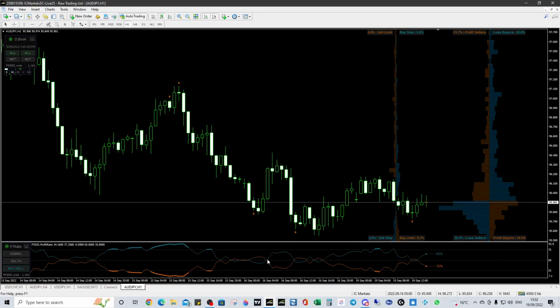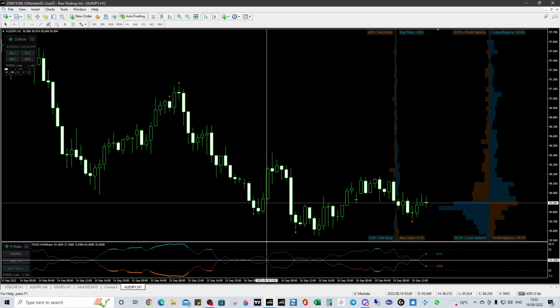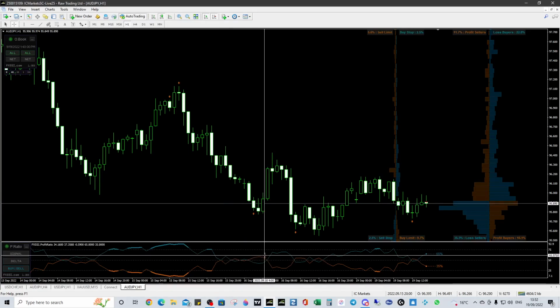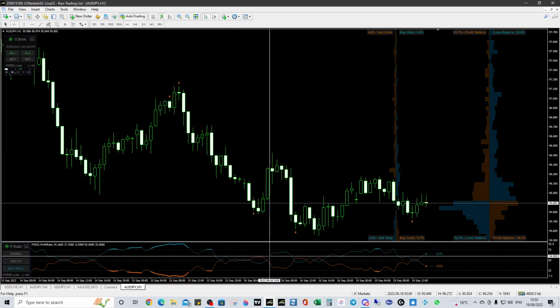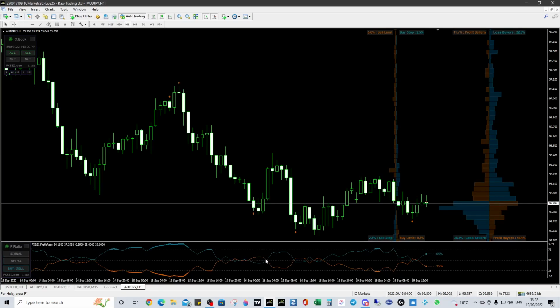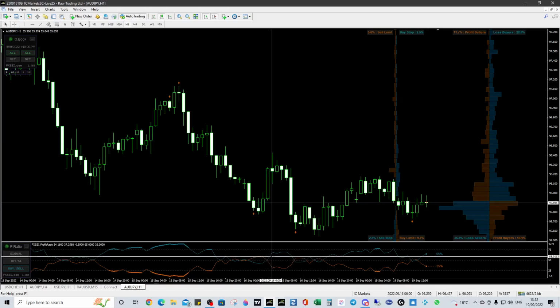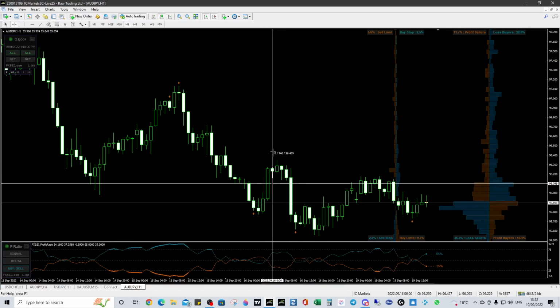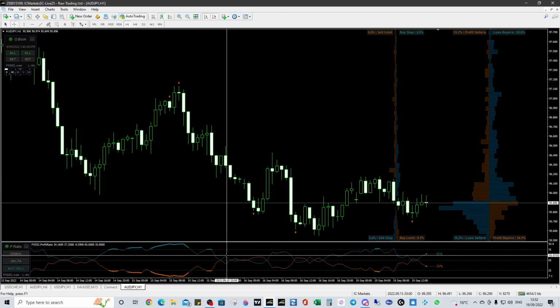At the time we have a cross, but we're not sure if we're not going to get another test. What you could do is wait for it to slightly get over that high, and then that would be confirmation. At that point in time you weren't sure whether or not we were going to see a continuation or reversal. A good way to see if we're going to see continuation is a break of a high, and we had one here. So yeah, we are talking not that much profit, a little bit of profit there, 30 odd pips potentially if you waited for that high